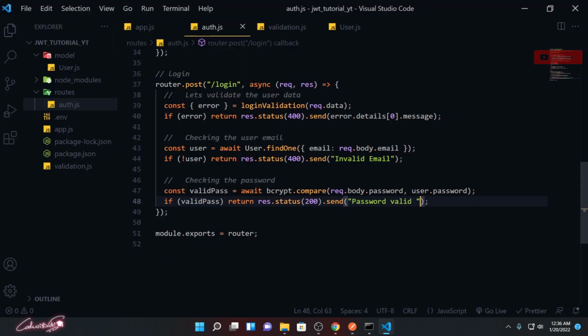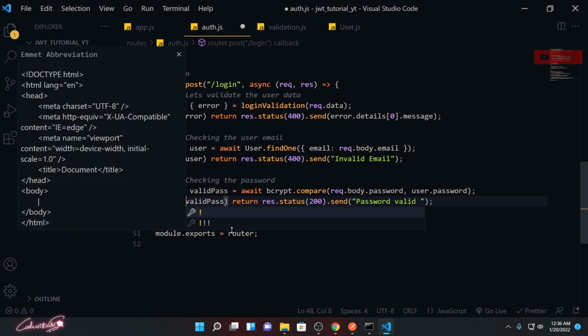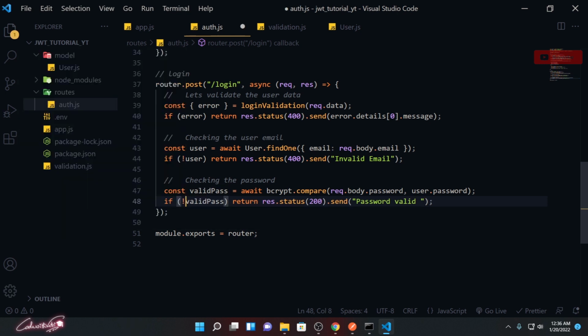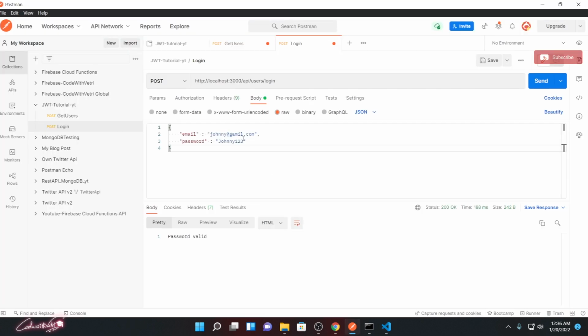So we don't need the valid password message to be returned. If it is not a valid pass, return the status as 400, and I just need to return "invalid password". So if I'm sending an invalid password, this will return that message, invalid password.